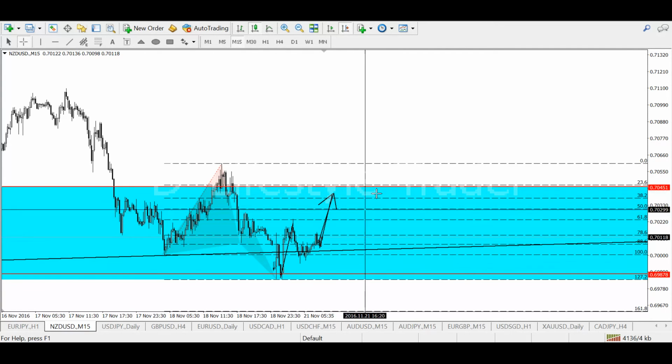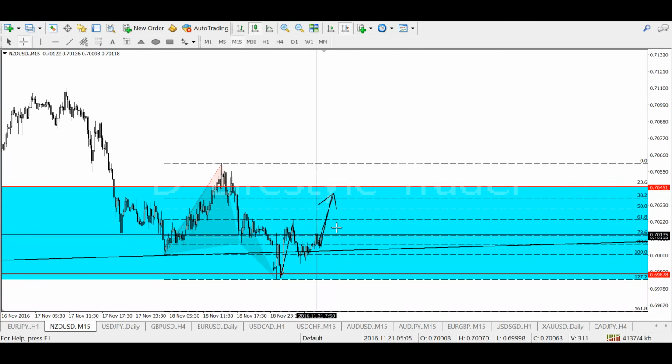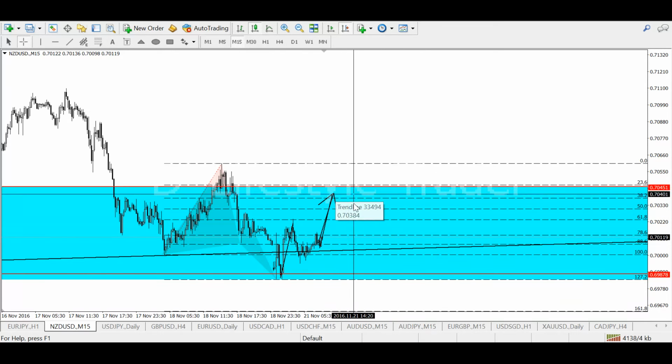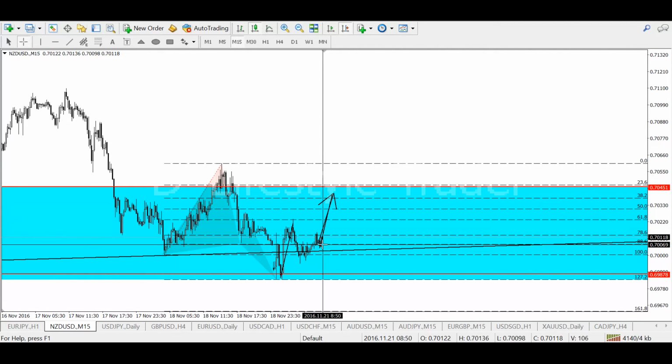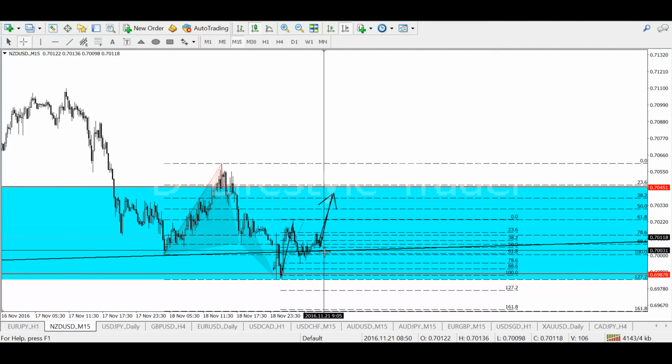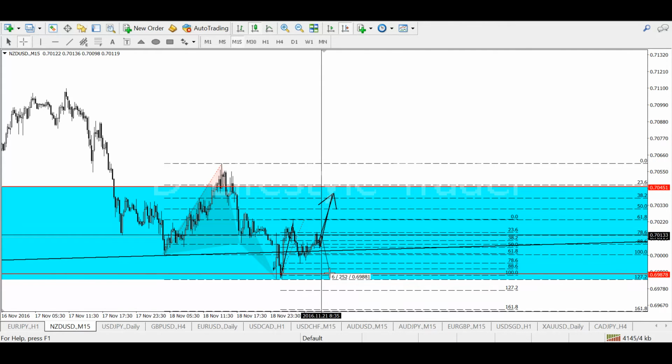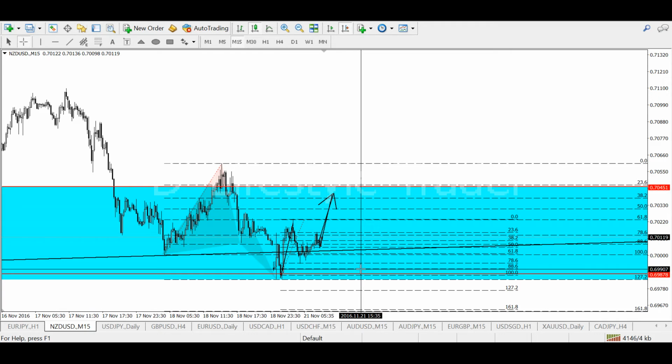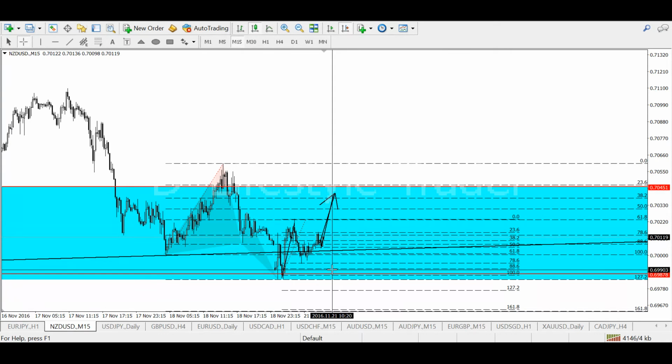And whatever that's forming right here, if it's an inverse head and shoulders, then you should be safe even if it comes all the way down back to this level. All right, so either you are looking to buy right now, or you can wait for another retracement to this level. With Fibonacci retracement, that would be somewhere at